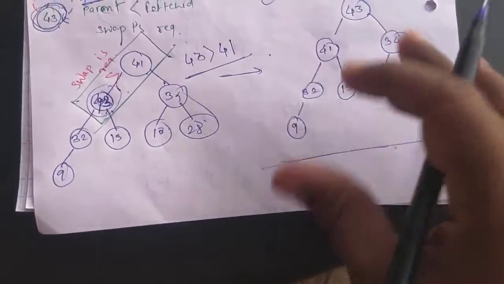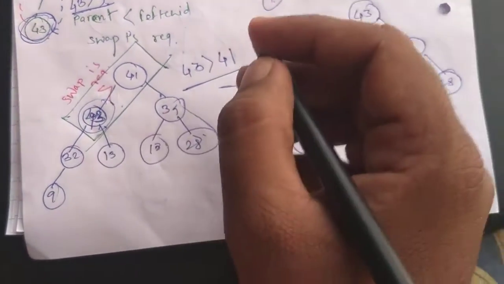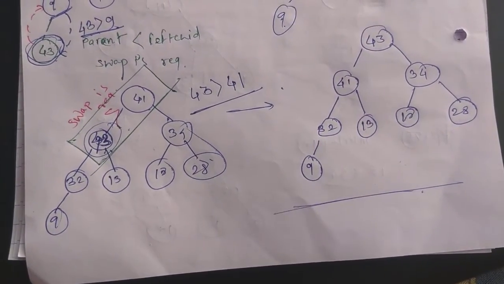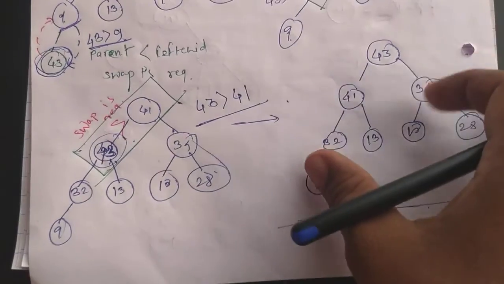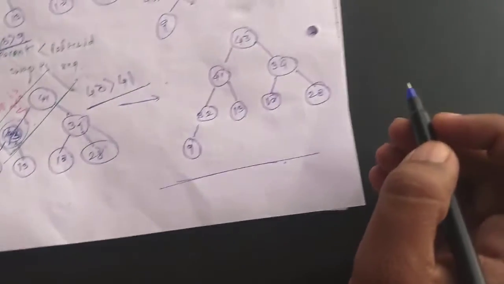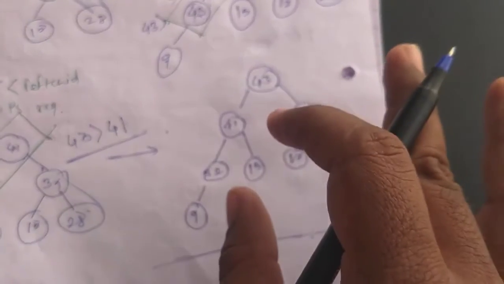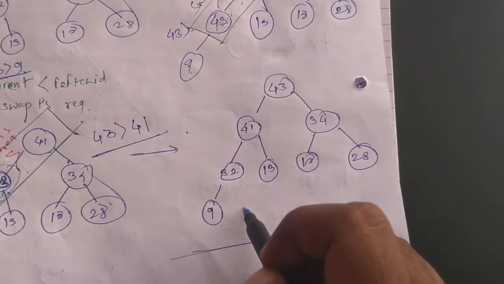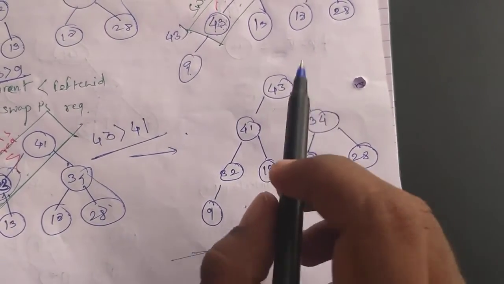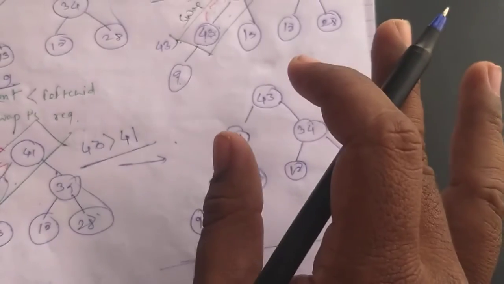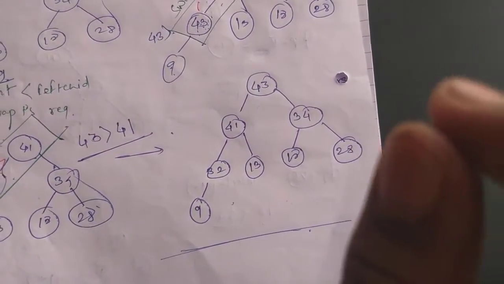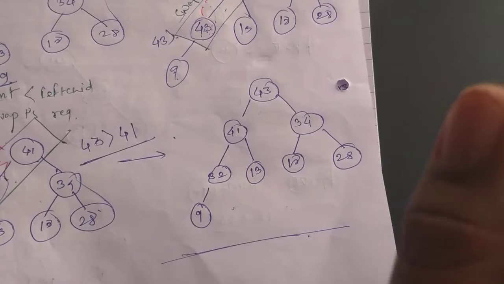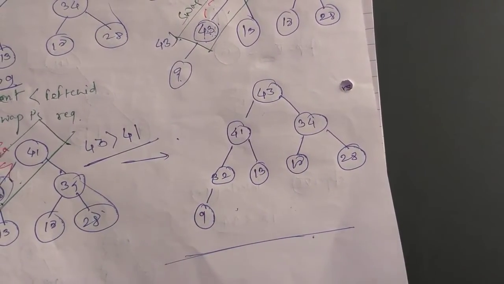After swapping this 43 with 32, again the 43 is greater than its parent node, so we require a swap of the elements. So here is the final tree after swapping the 43 with its parent nodes. So there are a number of changes, a number of swaps, when we are inserting this 43 into the tree. So see this carefully and understand this step, because it clears all the concepts when we insert the 43.